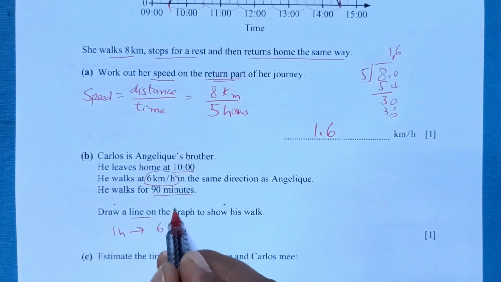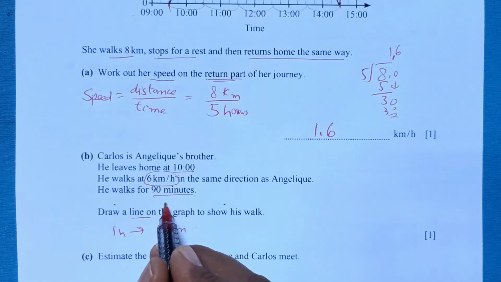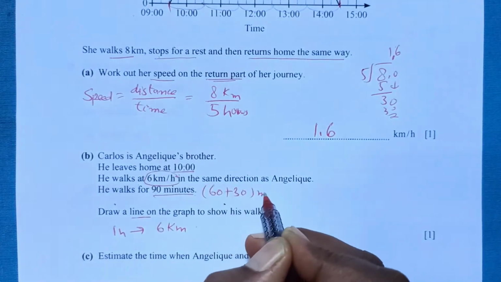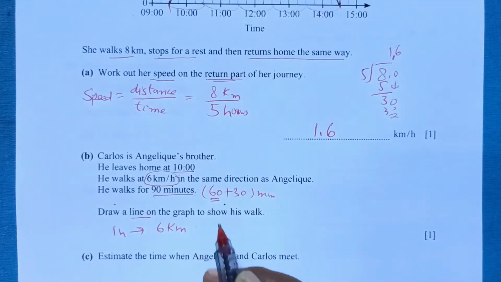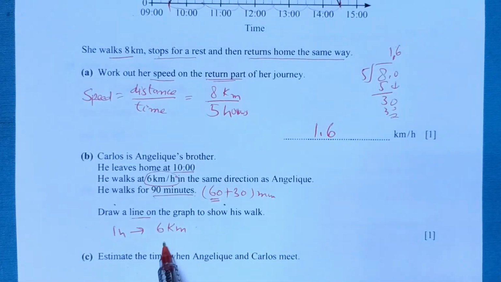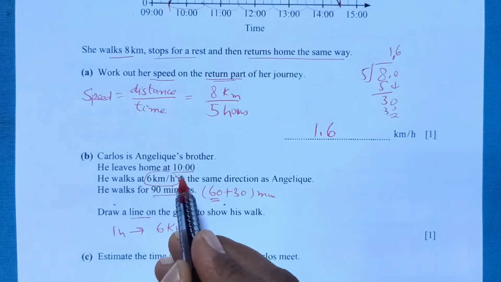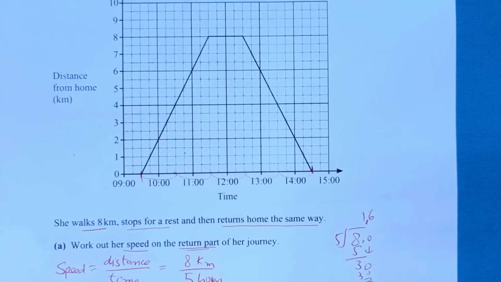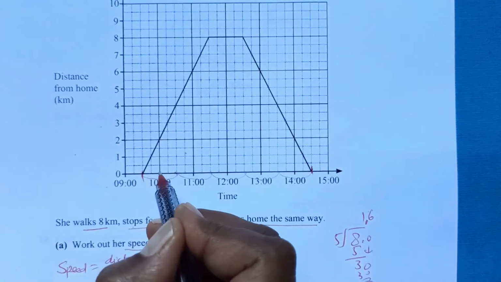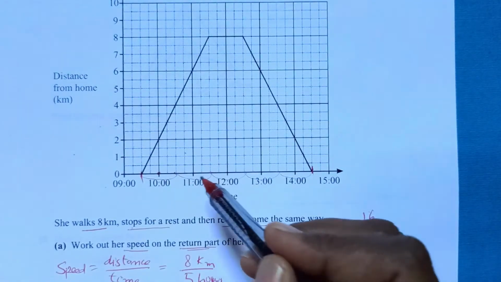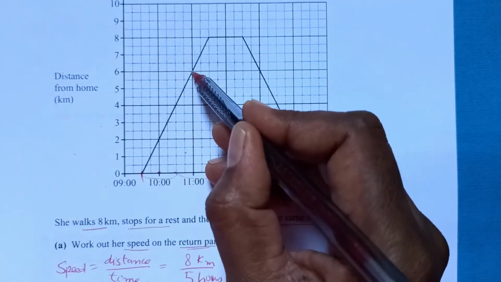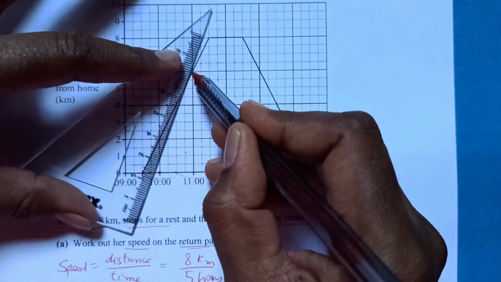He walks 90 minutes, that is 60 plus 30 minutes. He starts at 10, so at 10 o'clock he starts from here, and in an hour, up to 11, he covers 6 kilometers. So his graph should be like this, from here,